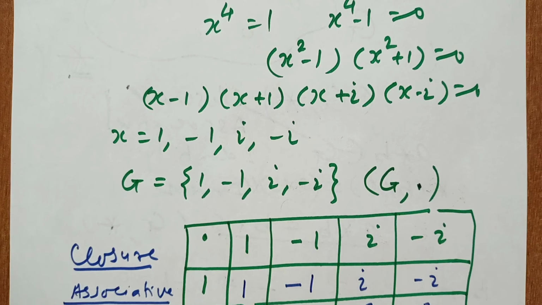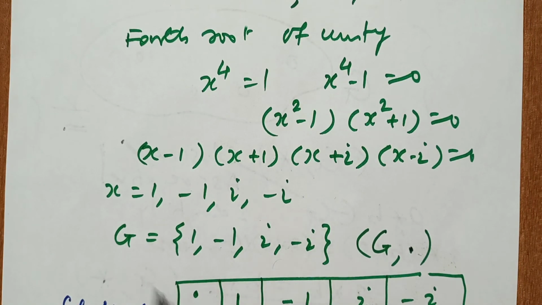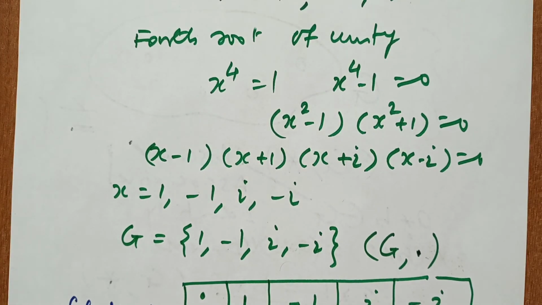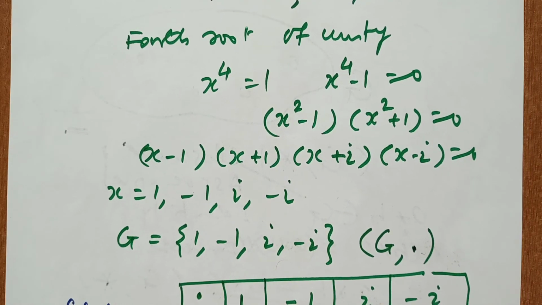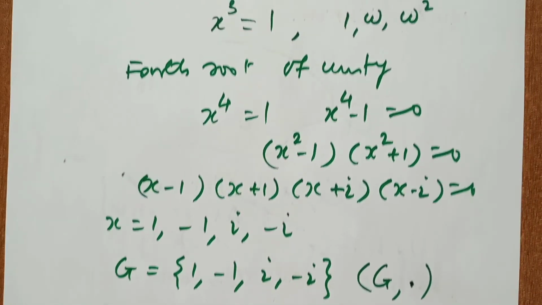So if you have any question about abelian group, first you think about your set. What is the set? And what is the operation? If you concentrate on these things in your mind, then you only think about the properties. First property is closure, second is associative, third is identity, fourth is inverse, and fifth is commutative. Okay, so I think you can solve each and every example very easily.